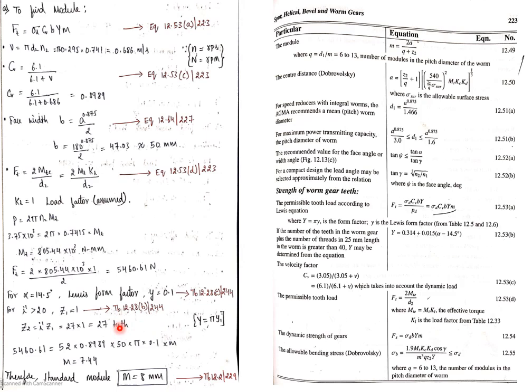Just substitute the values of everything. Be careful, this is small y, but here it is capital Y. So capital Y is equal to pi into small y. Just substitute the value of y from the table, we will get capital Y. If you substitute all the values in that 2/3 formula, you will get the value of module m. Correspondingly you can check the standard table to find the module. So you will get 8 mm.